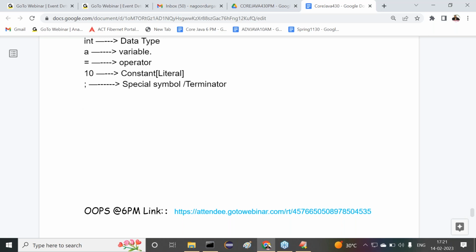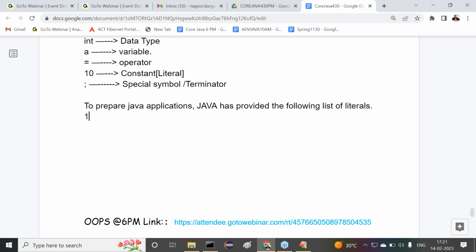What literals are available in Java applications? Now try to understand this. In Java applications, Java has provided the following list of literals. What are the various literals available? Now let us check these literals clearly. First one, all of you understand this. The very first one is